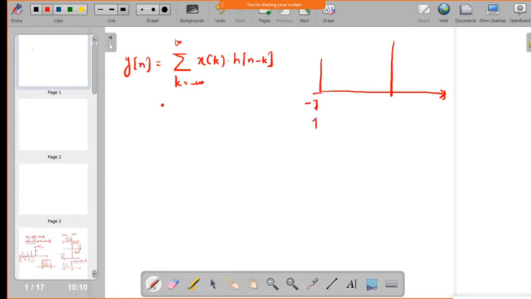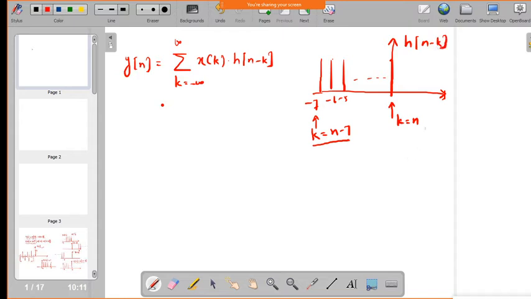So where this minus 7 will be whenever k becomes equal to n minus 7. So it will become minus 7 when k is equal to n minus 7. Similarly you will get the samples like this, up to 0. Here you will get 0 when k becomes equal to n. Okay, so this is your h of n minus k.